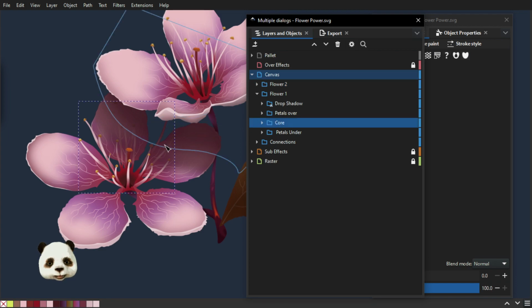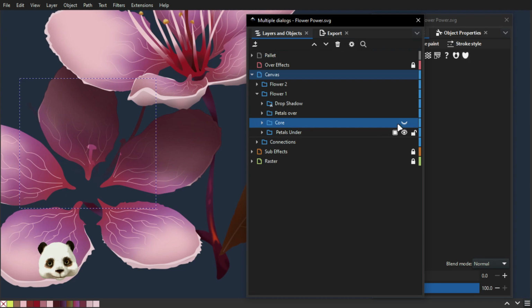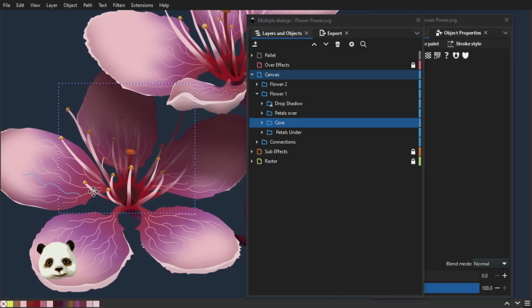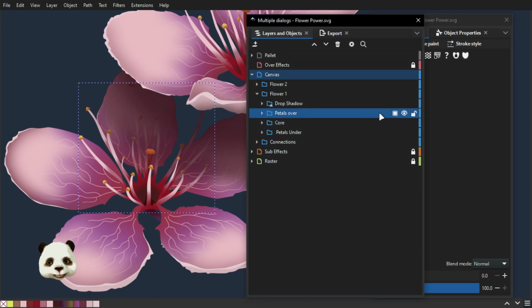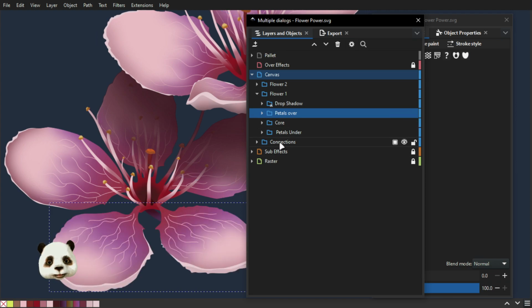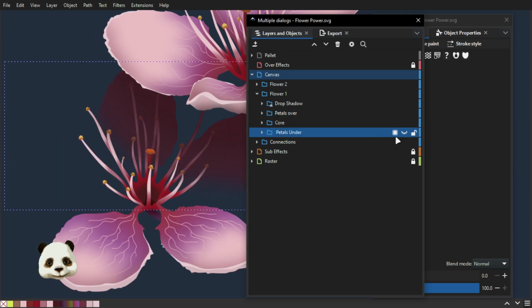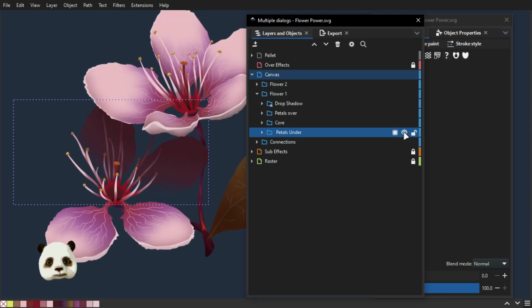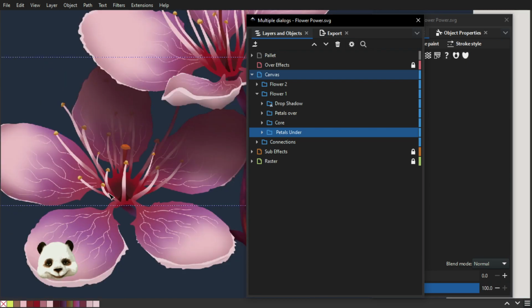It has the core, which is the center, as you can see. And then we have petals over, which are these 2 petals that come in front of the core. And then we have petals under, which come behind the core. So there are 3 elements here, 3 layers in a way,